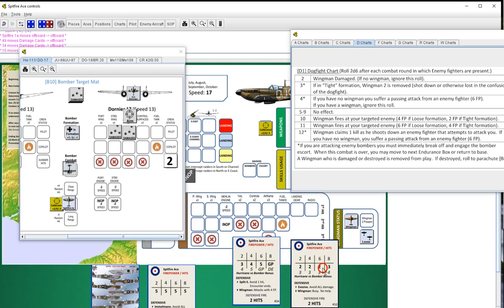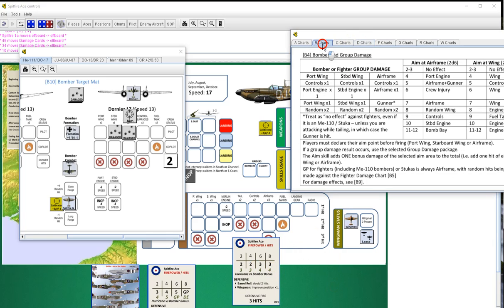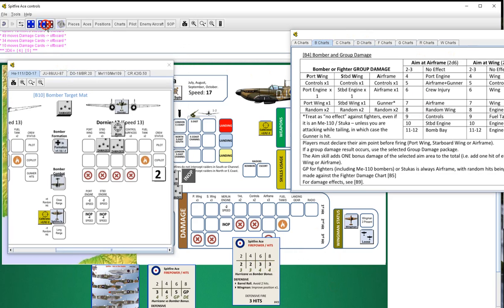Minus 2 because the gunner hits. They will again not get us. We're going to have 5 hits on their fuselage, or their airframe rather. Same deal. First hit, 45 is 9. Control hit. Second hit is 12. Bombay. And on a Bombay hit,